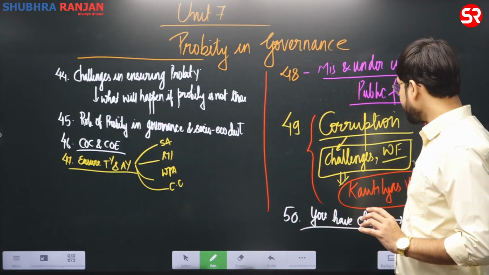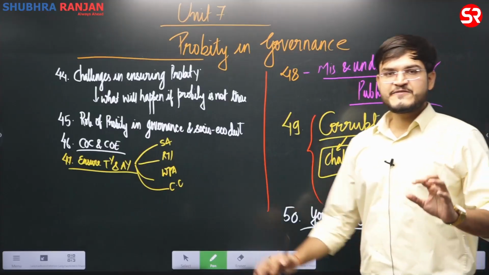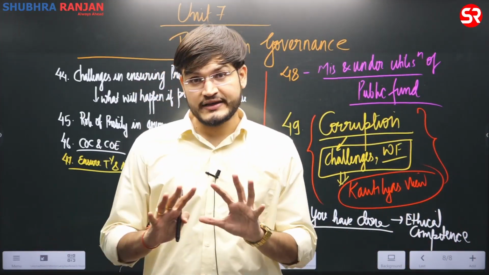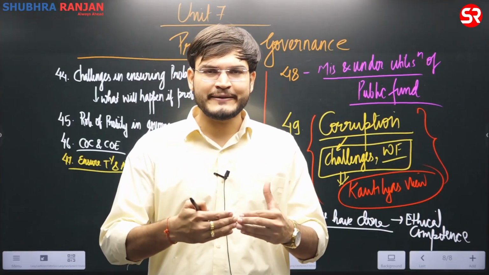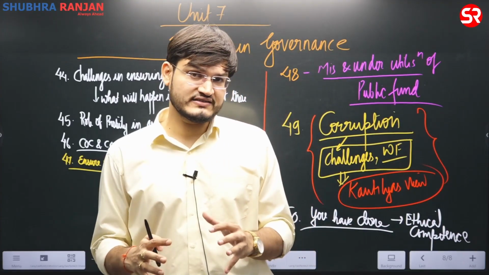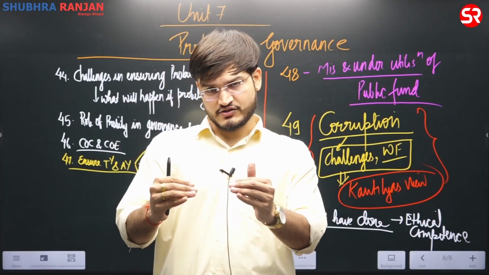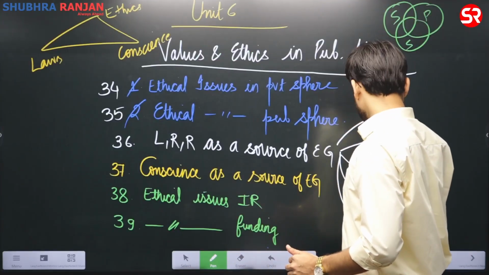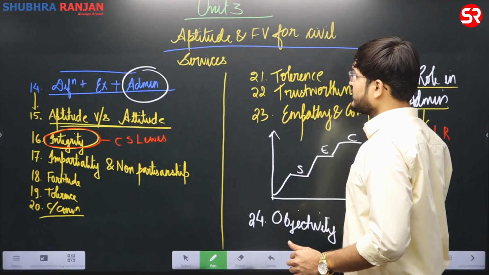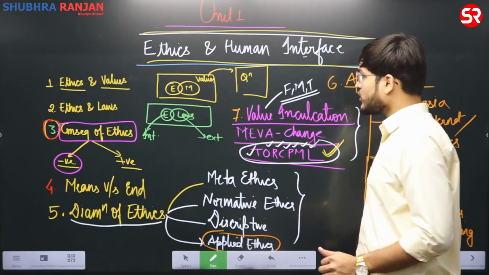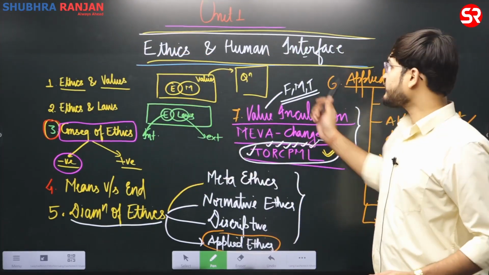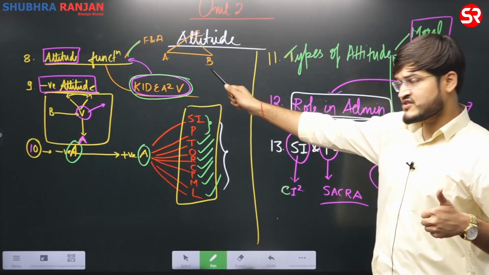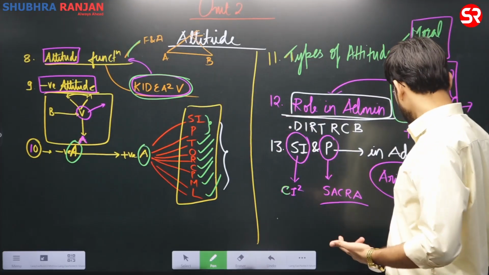So what we have seen, dear friends, is 50 themes, 50 very important themes with respect to entire ethics, covering unit number 1 to 7. You should cover all of these themes from all dimensions: introduction, body, and conclusion first. Second, for example, we have seen from unit number 1 various themes. In unit number 2 we have talked about attitude. Do mention various kinds of diagrams, do mention the fishbone and ABC diagram here, and various frameworks that we have discussed.